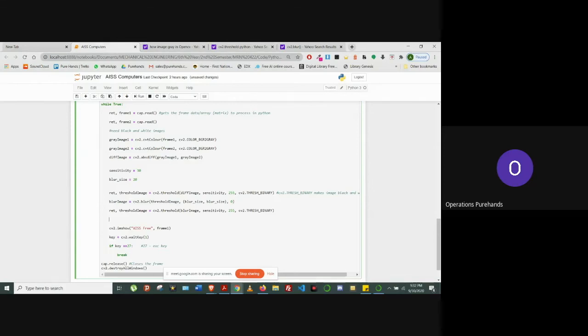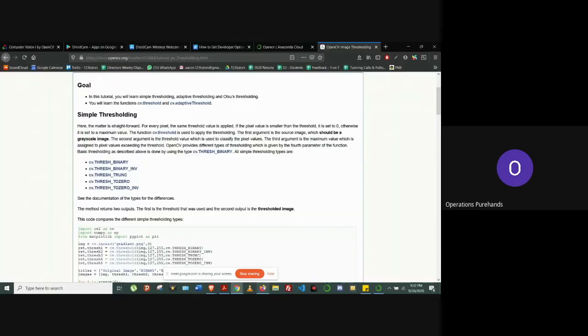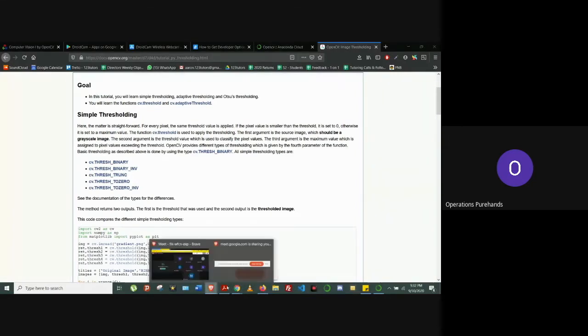So we have our regions. Essentially we have an image that we can now use to find the areas of motion. So then what you need to do is find the places in the frame where there's a difference. Essentially, in OpenCV or in computer vision,